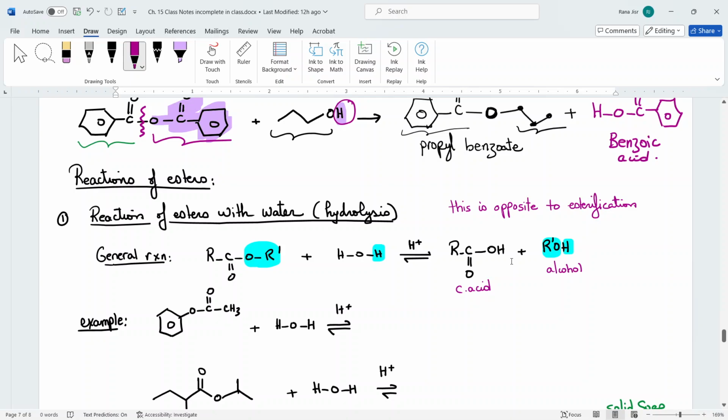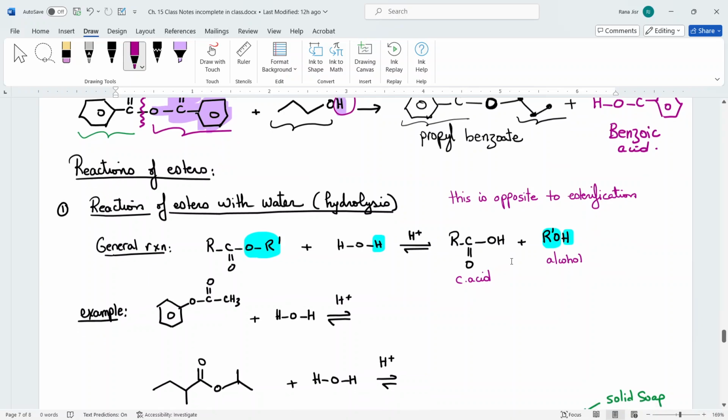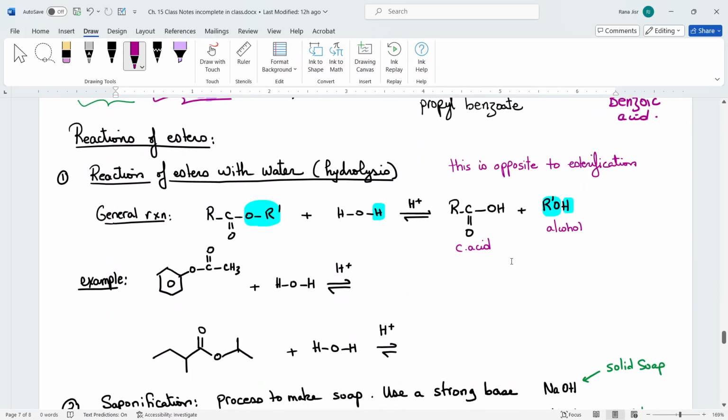So esters are made from a reaction of either a carboxylic acid or a carboxylic acid derivative with alcohol to make an ester. Now for the reactions of the esters. There are some reactions of esters that you are responsible for, not all of them. The first one is hydrolysis, meaning that you take the ester, you add water to it in presence of an